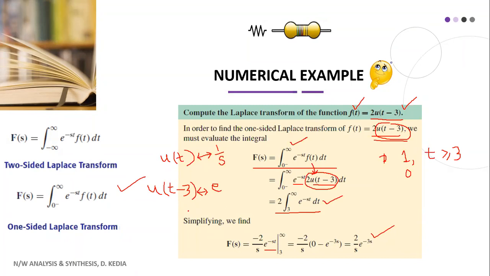Okay, so here we have t minus a, e raised to power minus as. So you have here minus 3, so you'll have minus 3s, and multiplied with Fs. Fs is what? 1 by s, that is e raised to power minus 3s by s. This is what we get as the Laplace transform of u(t minus 3).